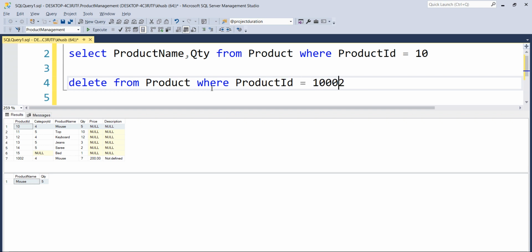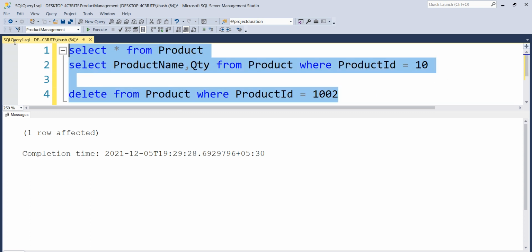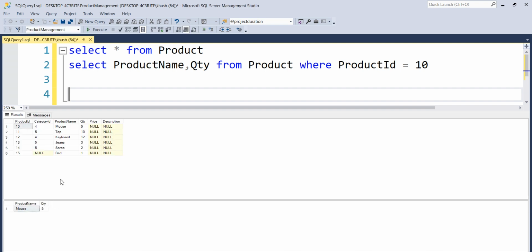Now this is going to delete only this duplicate mouse value. So let's select this and execute this. One row affected, which basically means that one row has been deleted, updated or selected. So now, as you can see, we have only 6 rows. The duplicate mouse details have been deleted.